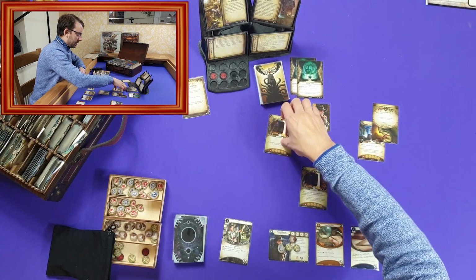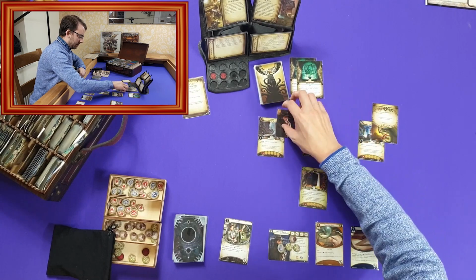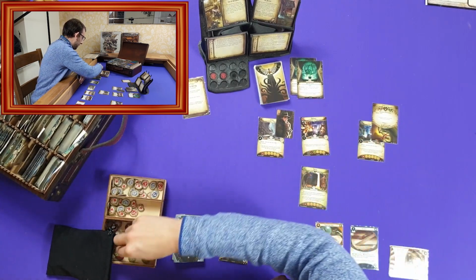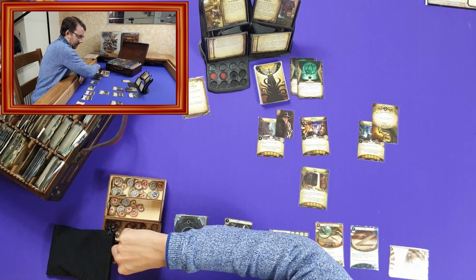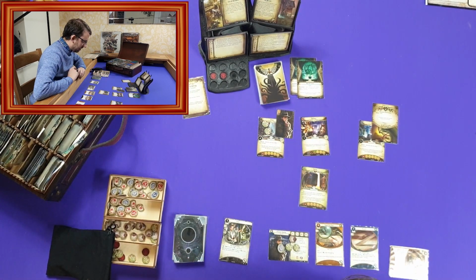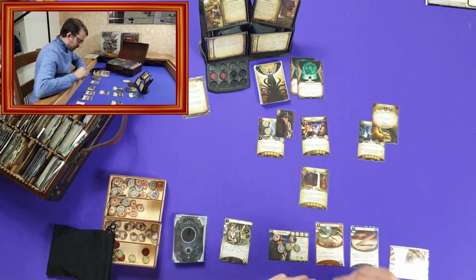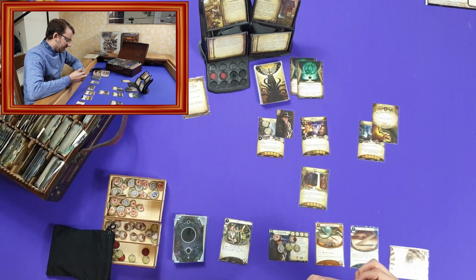So we're going to go into the increasingly cold cellar. So that's my first action. It does have 2 clues on it. So there they are, and as soon as I enter the cellar I take 1 damage. So taking a little bit of damage from the frost in there,